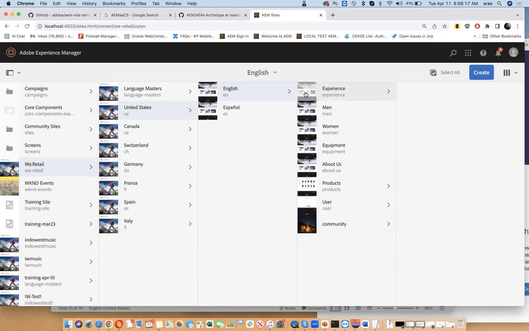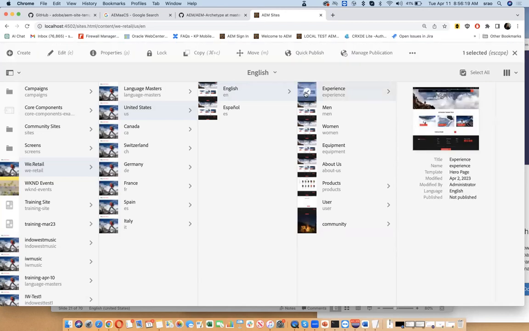If you want to look at the actual site, like you were asking me about the preview option, you can preview from here. If somebody wants to change content within AEM, they browse to it or use a search to get there, and you can come in and edit the content.